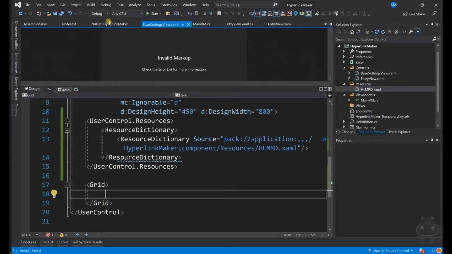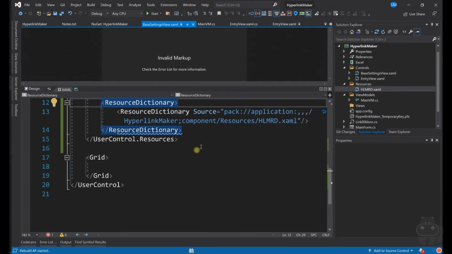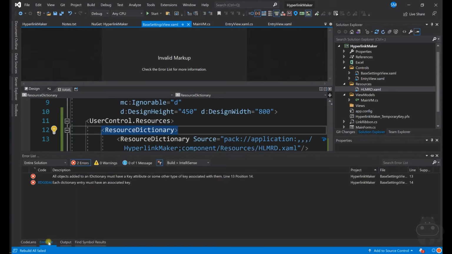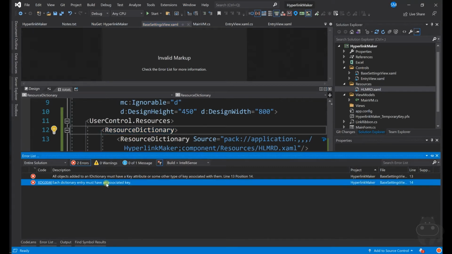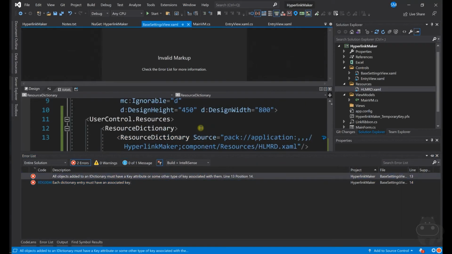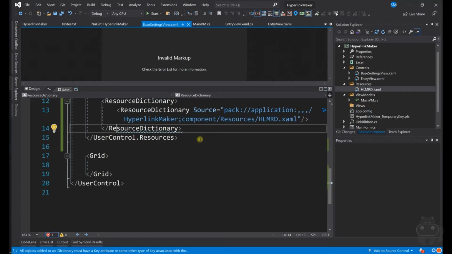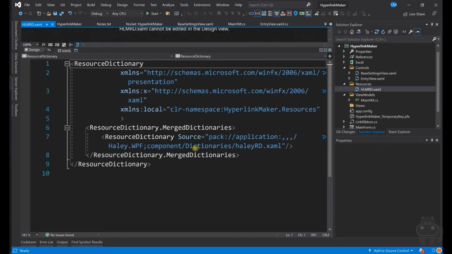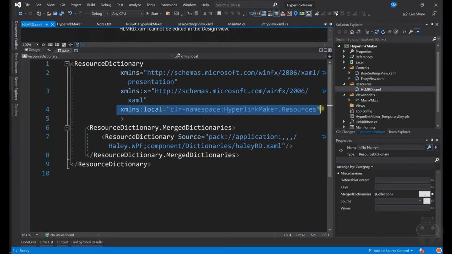Let's try to build it and see if we are getting any errors. Okay, we have an error where it says each dictionary must have an associated key. Let's go to HLMRD. This is fine. Let's remove this.